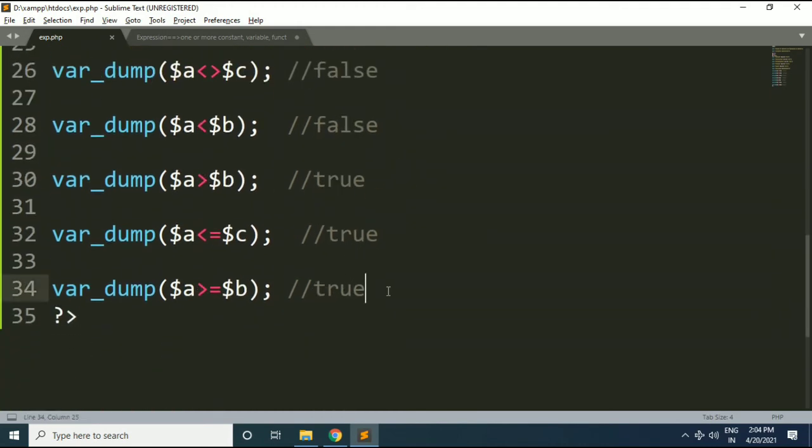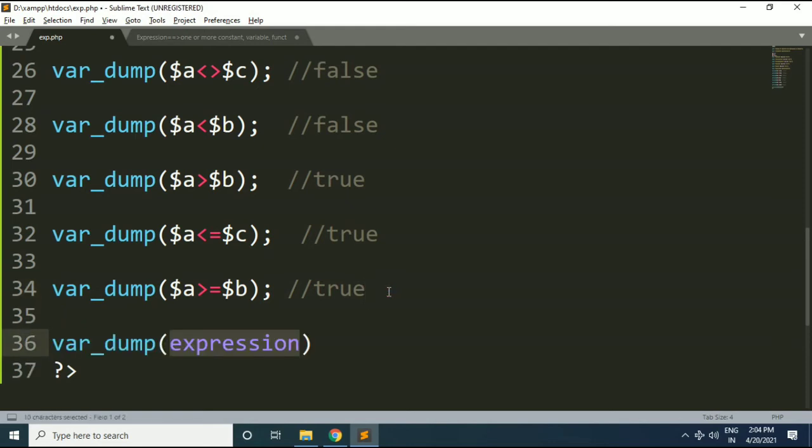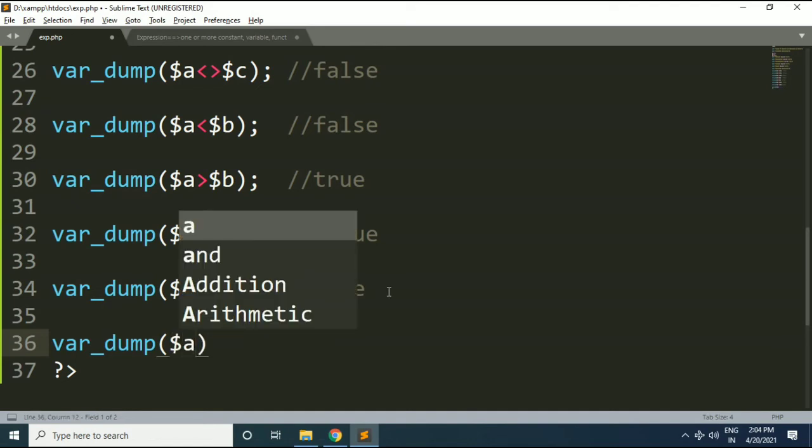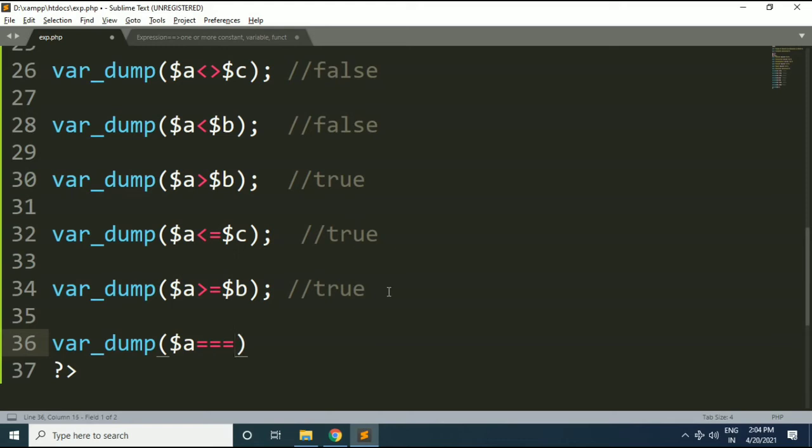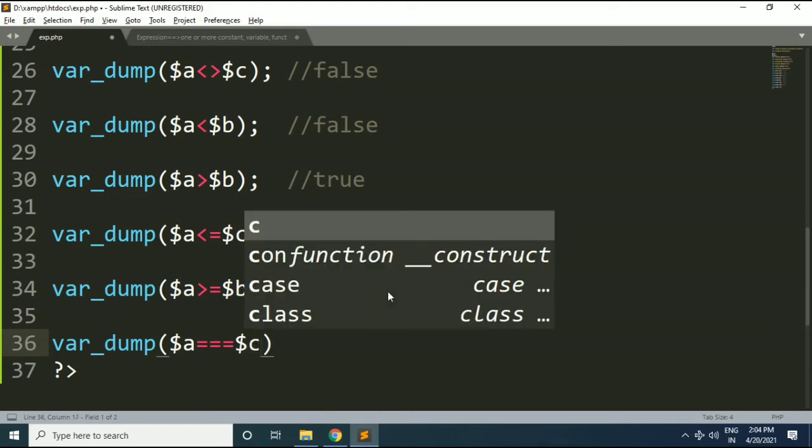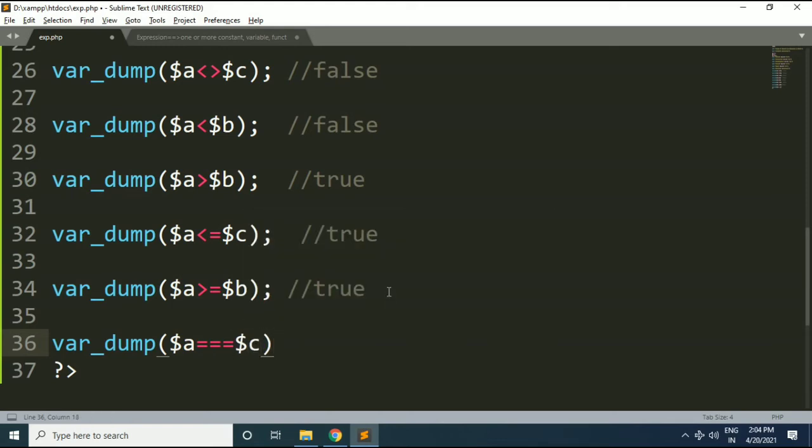One more operator I will show you is the strictly equal to operator. The strictly equal to operator checks the data type of the variable as well as the value while comparing. So if I write the statement $A === $C, friends, this will result in false. Why?